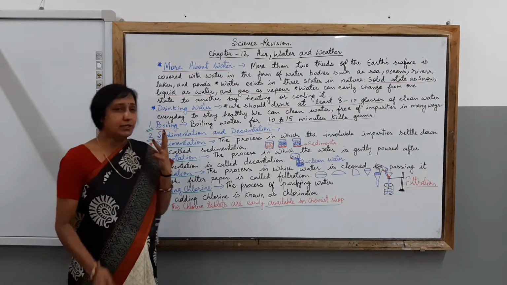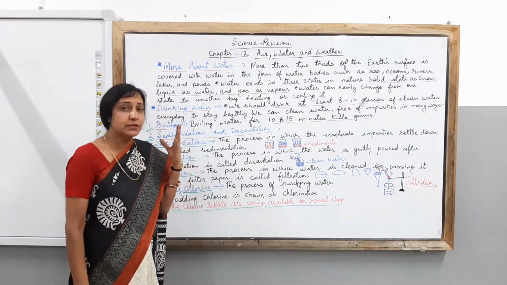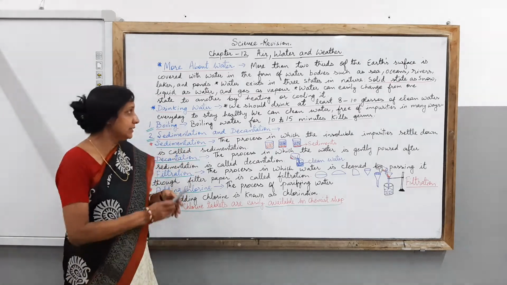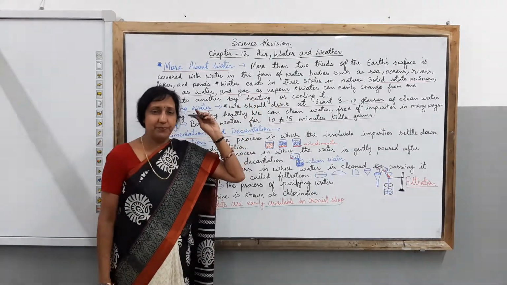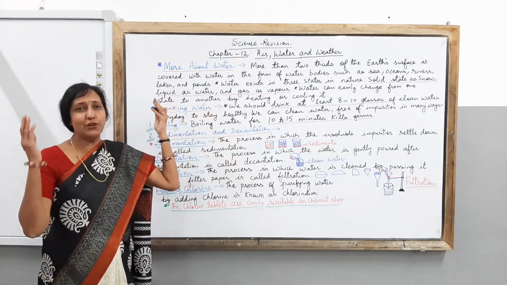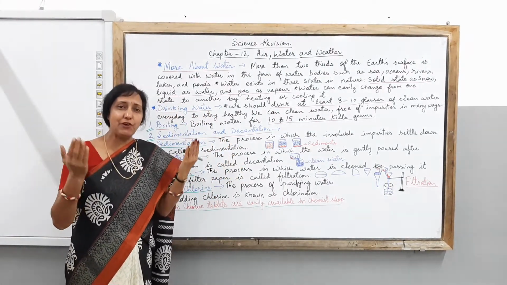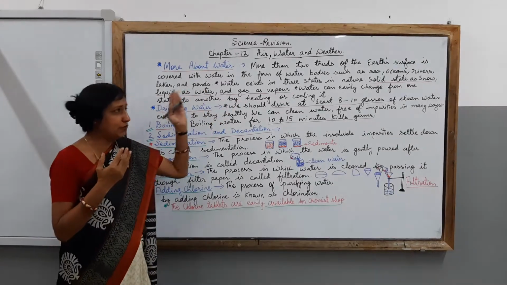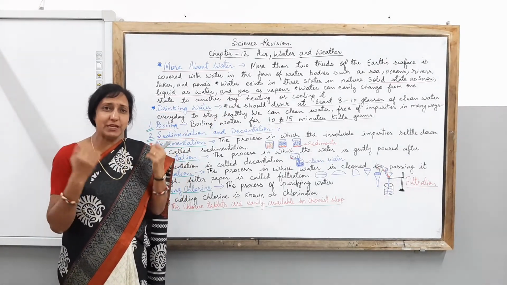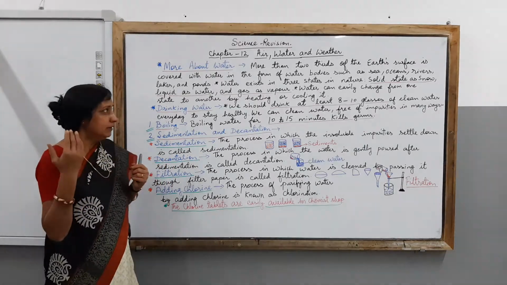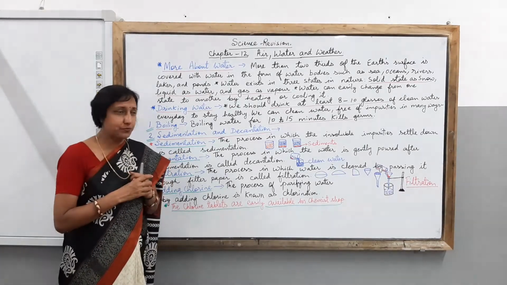We come to the third stage children of the third state of the water, that is the gas. That is in the form of vapor. As you know, with the heat of the sun, water is getting evaporated from all these kinds of water bodies. And because of this, the water vapors are formed and they are rising above.